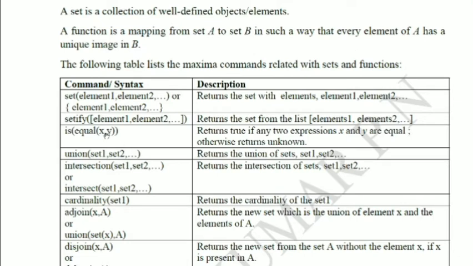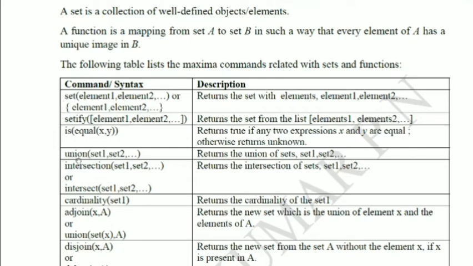If these two equations are equal, then this will return true. If these two are not equal, then it will return unknown. You will get the answer as unknown. We'll see these commands with examples in Maxima.